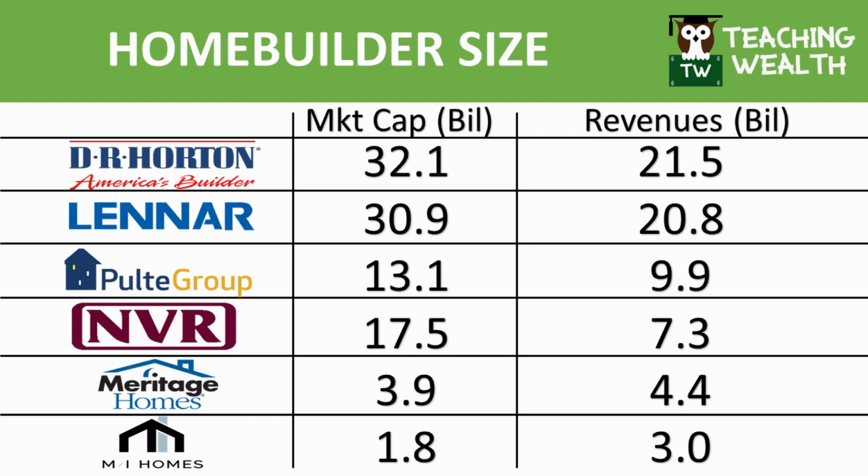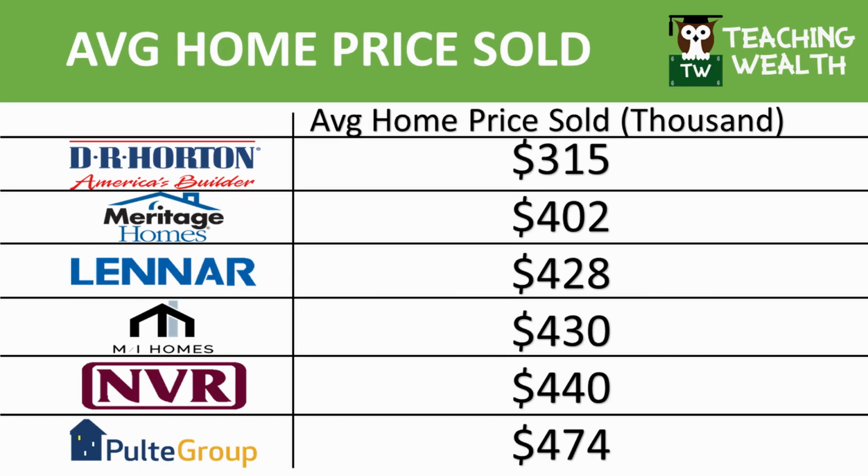By market cap, you can appreciate just how much bigger DHI and Lennar are than the next closest sized builders. And you can see that even though Pulte has more revenues, NVR has the higher market cap, which tells us that NVR trades at a premium or PHM at a discount, or in my opinion, both. I decided it wasn't quite a strong enough indicator to use for rankings, since all six of our stocks today build at or below the industry average pretty much, but in case you're interested, here are the average home prices